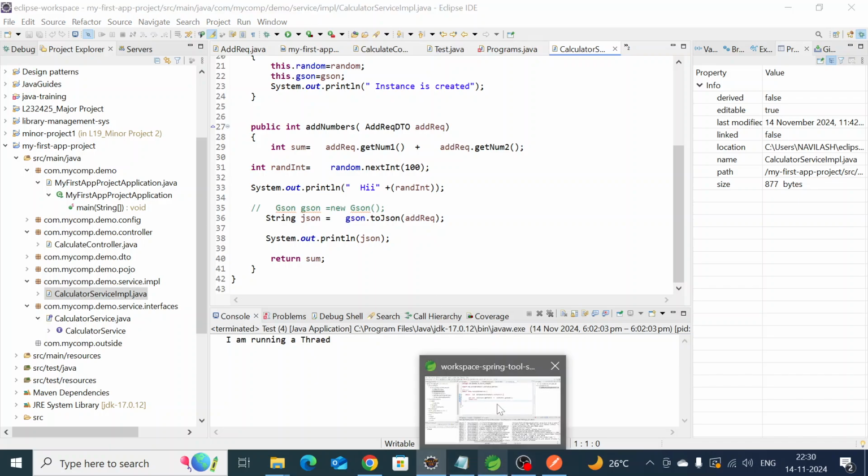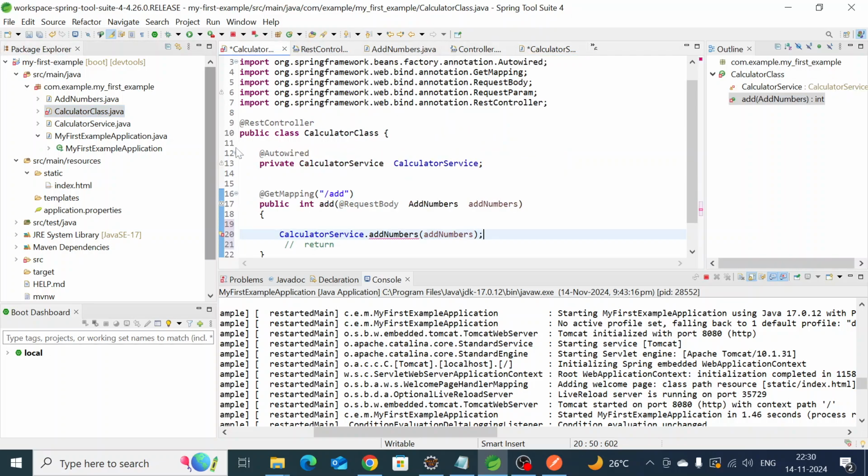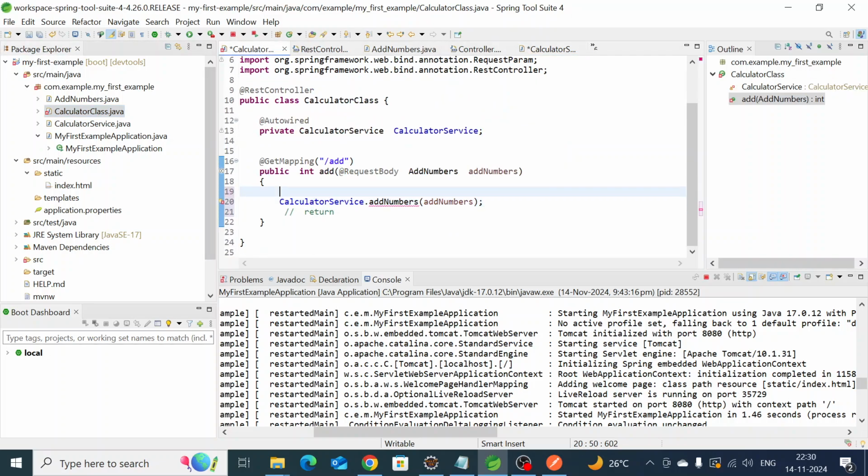The thing is we are getting the sum here, and it is going to return that int value. So whenever we call this, it is going to get that value, right? Here we put int sum because we need to store that value and return that value. Or else if you put void, it's fine, so that we will be printing that value,